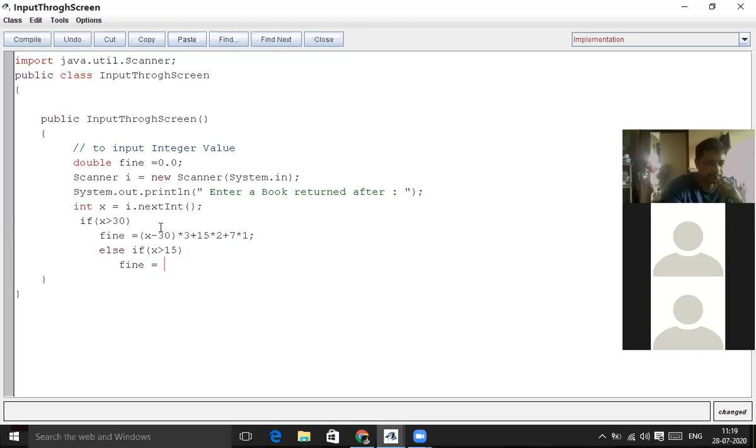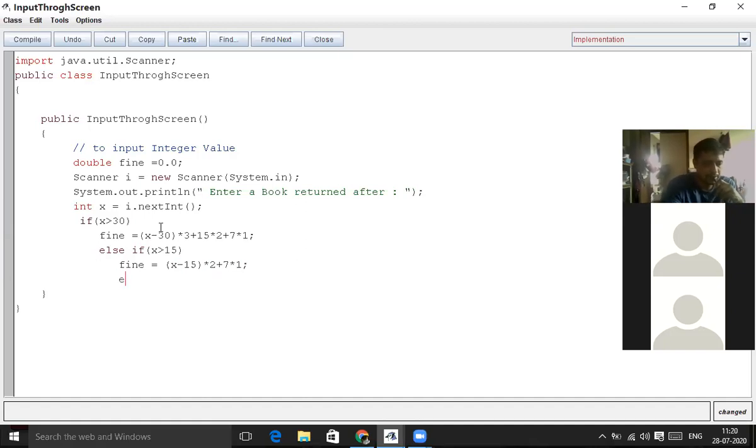We have to do X minus 15 for the days above 15, at 2 rupees per day fine. And then for the 7 days we have to pay 1 rupee per day fine. This is what exactly we have to do.